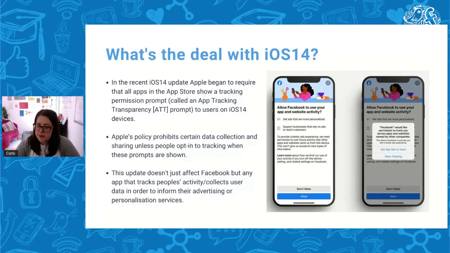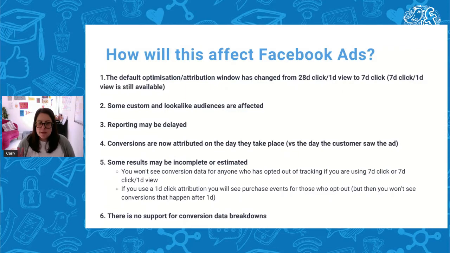So this is not just affecting Facebook, but it's affecting any app that tracks people's activity around the internet to inform their advertising or personalization services. So things like TikTok, Pinterest, it's going to have some level of impact across all of those different platforms. So specifically, how has this affected Facebook advertising? We've already seen a lot of this come into play and starting to affect our ads over the last